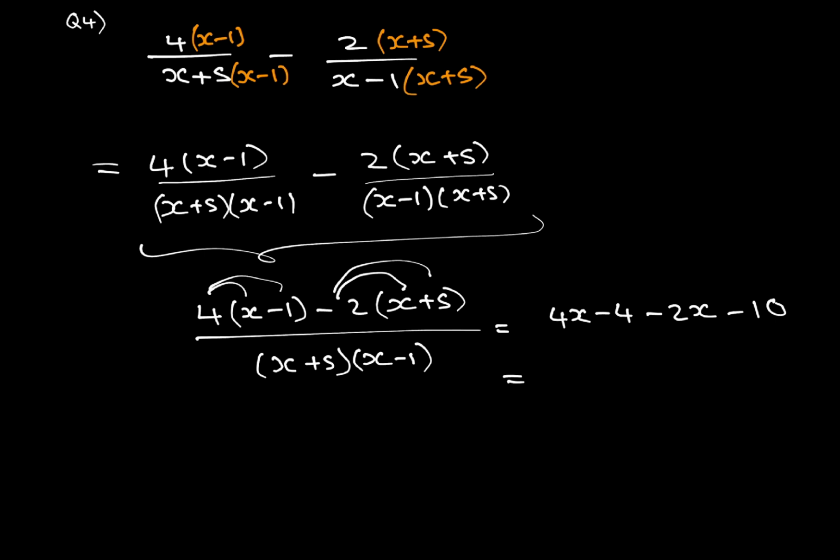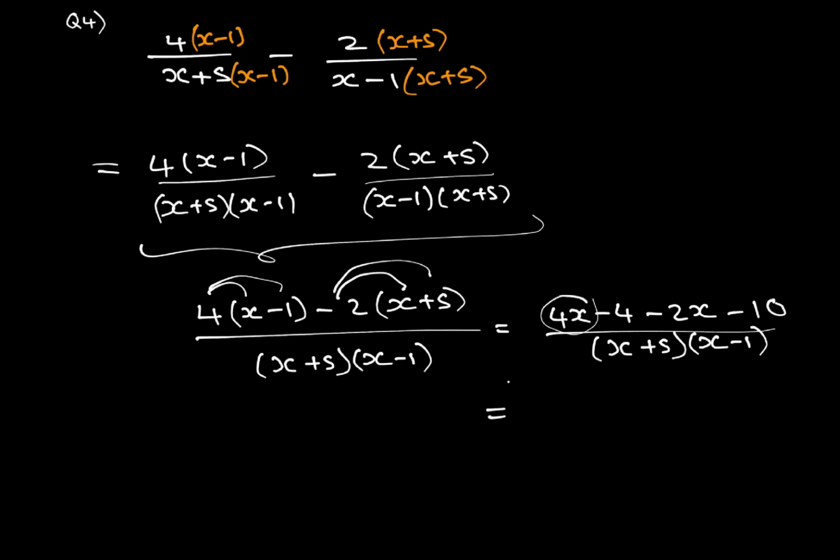And then negative 2 times 5, which is negative 10. And then that's going to be over x plus 5, x minus 1. So I'm just going to copy that. Obviously, you guys don't have that luxury, but make sure you write it. And then